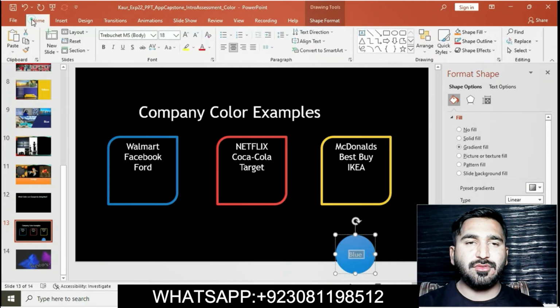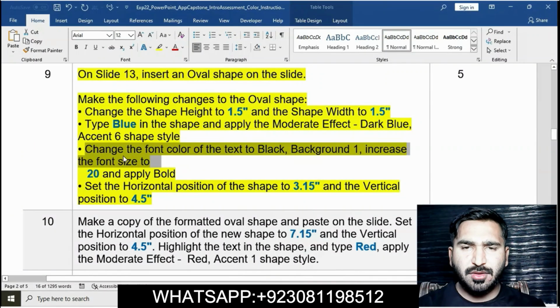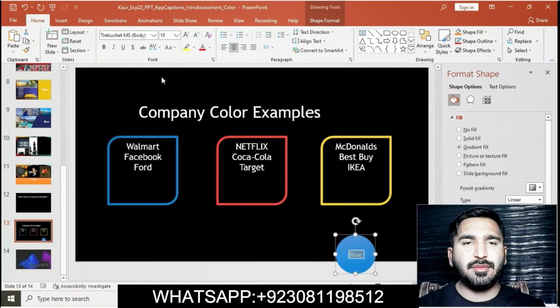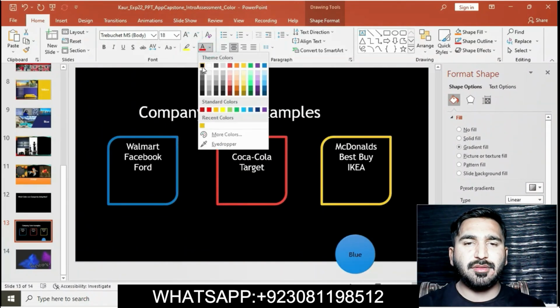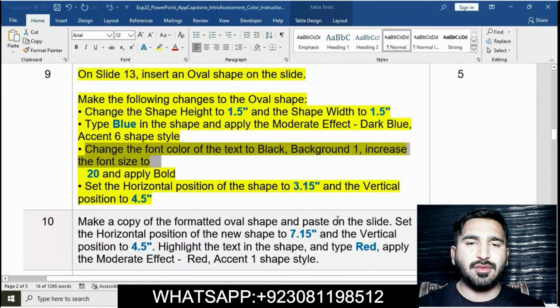Select this text and go to the home tab and then go to the font color, apply Black, Background 1. Okay, now 20 and apply bold.